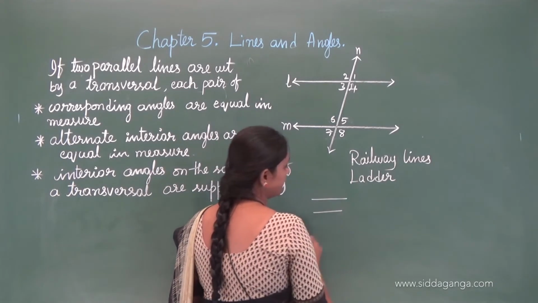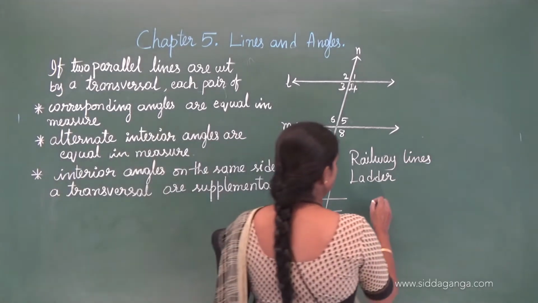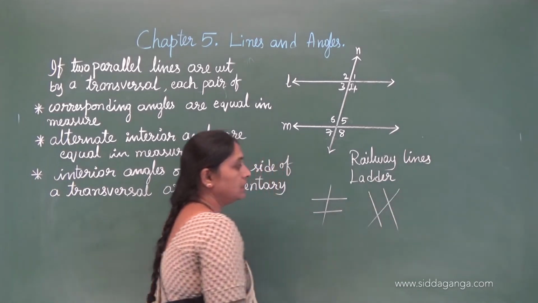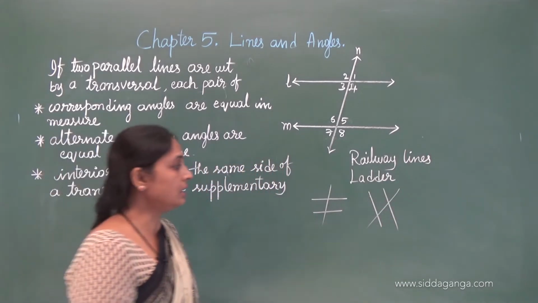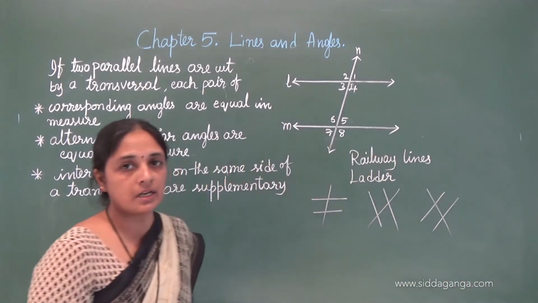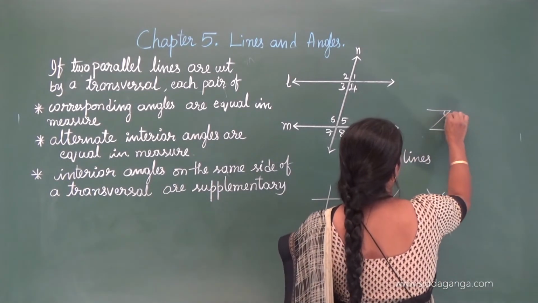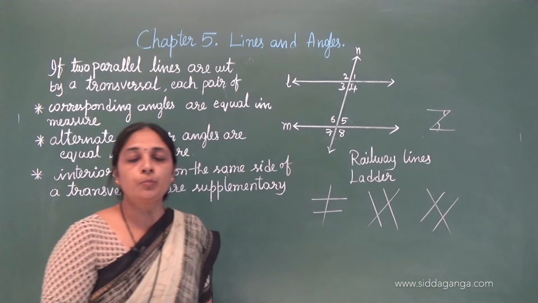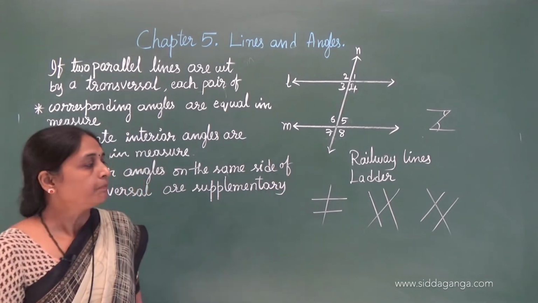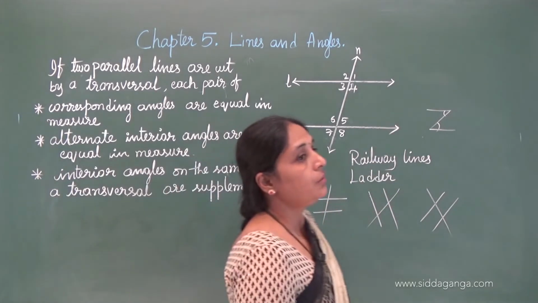One is like this. So this is considered as a transversal, and the other one we can write like this too, and a transversal can be written like this. Otherwise, if we write like this, this is also a transversal. In the Z type, we can write two parallel lines and a transversal for those two lines, okay? So these are all types of parallel lines that we can write, and we have two methods.